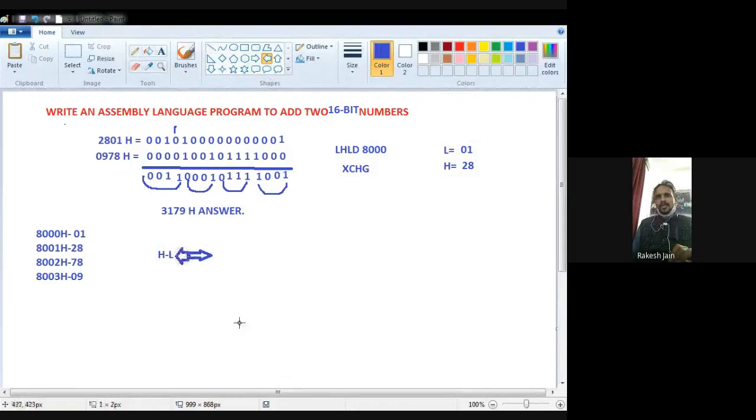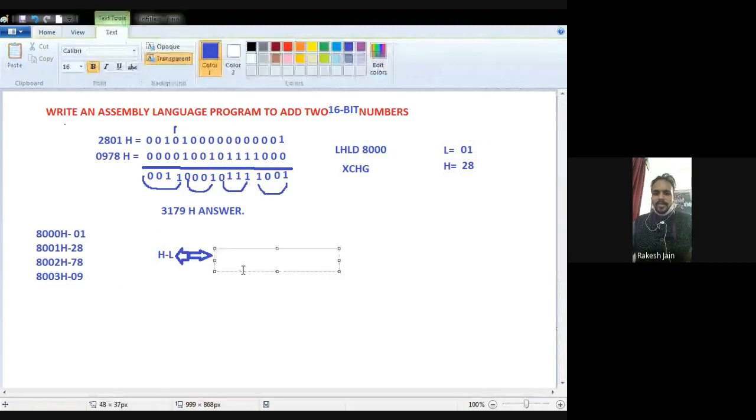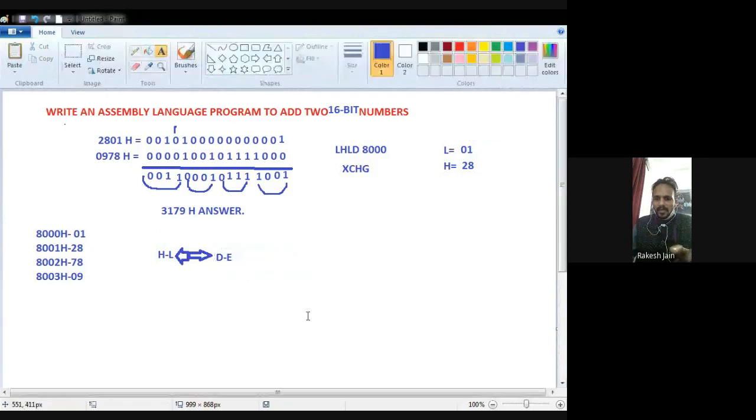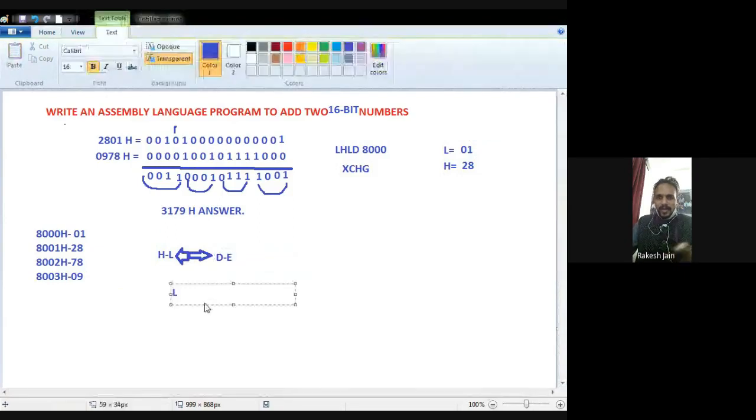The content of HL register pair and the content of D register pair will be exchanged completely. Whatever inside D will go to HL, and whatever inside HL will go to D, such that the L and E transformation occurs, and H and D transformation occurs.